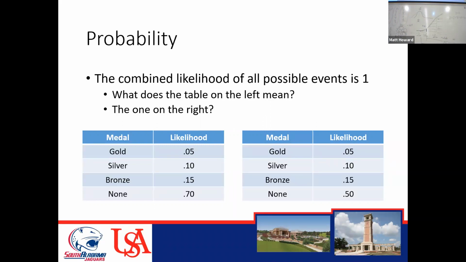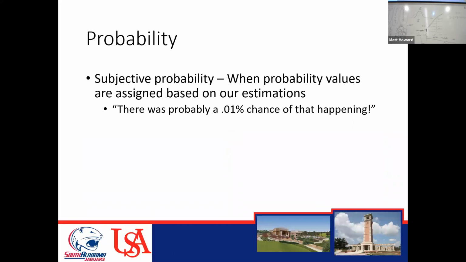When someone gives you certain probabilities of something happening, think about whether those probabilities are correct, but also think about whether there are some options that are missing, whether there are some options that are absent. Okay. Also, other concepts we should know about this. There's the concept of subjective probability. So subjective probability